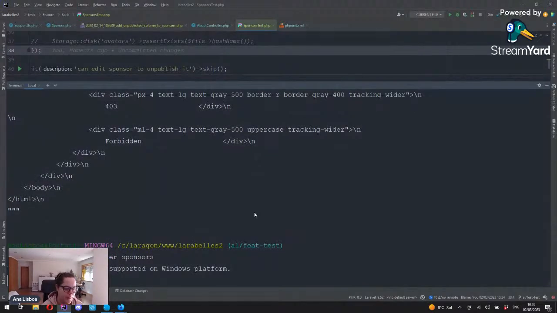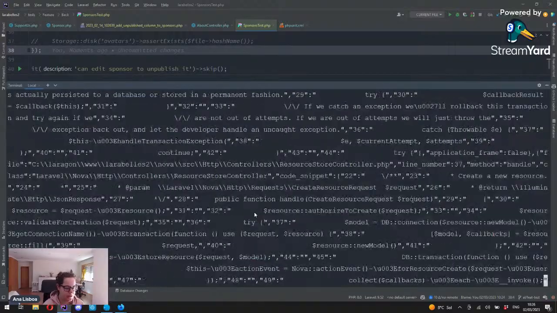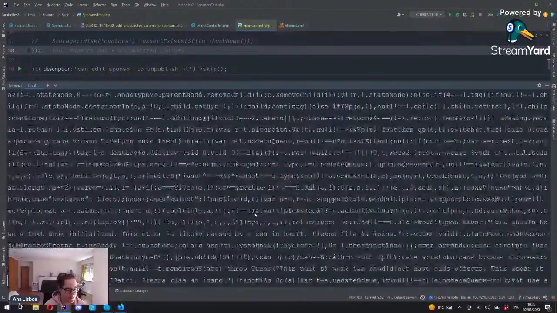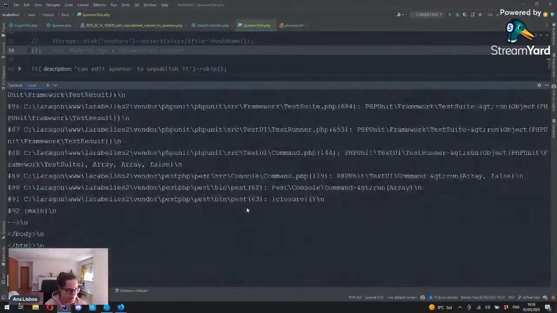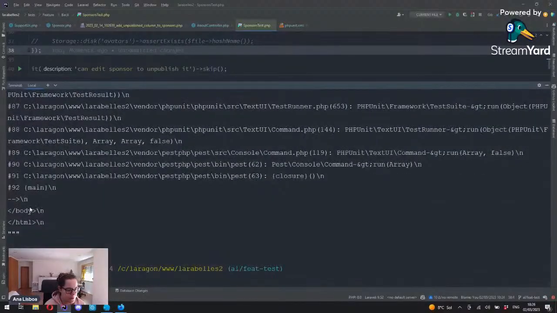It was actually a problem that we faced before, so it was a quick one to get around now. It's just a matter of setting the email on PHPUnit for Nova login as the same as we are using on the user factory. So what we have here,